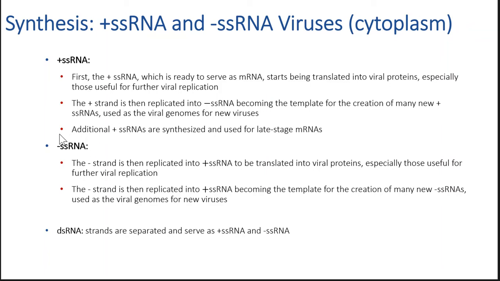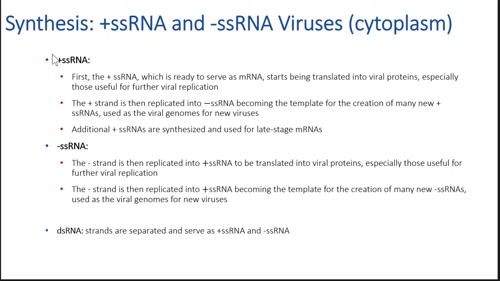If it comes in as a negative single-stranded RNA, then it's going to have to make a copy of itself. It's going to have to use complementary base pairing to make a positive single-stranded RNA before it can make a protein. Either way, in addition to making proteins, we also need to replicate this strand of